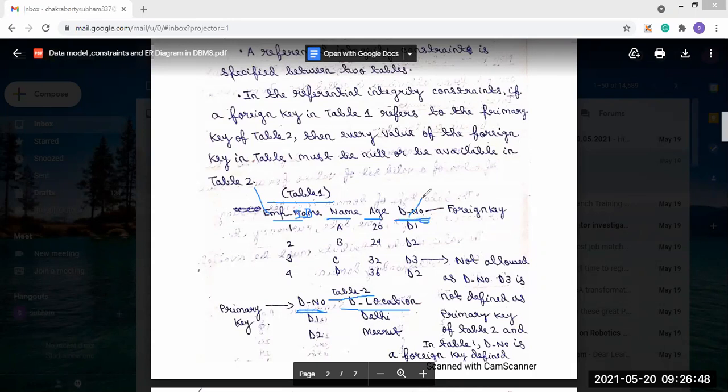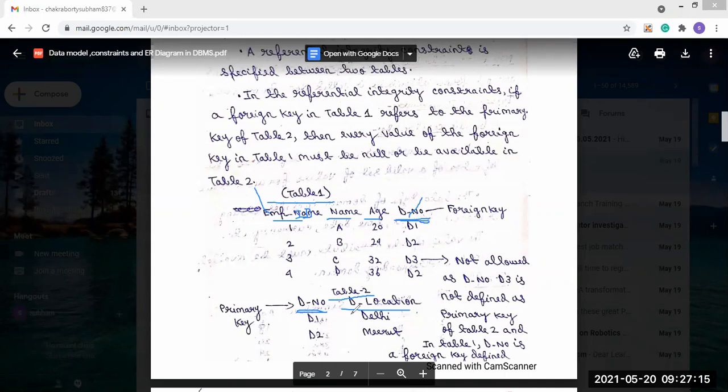Now there are some constraints on the foreign key value. You can see in table 2, the department number has two values, D1, D2, and department location has Delhi and Meerut. Now in this foreign key, as department number, we cannot define D3.